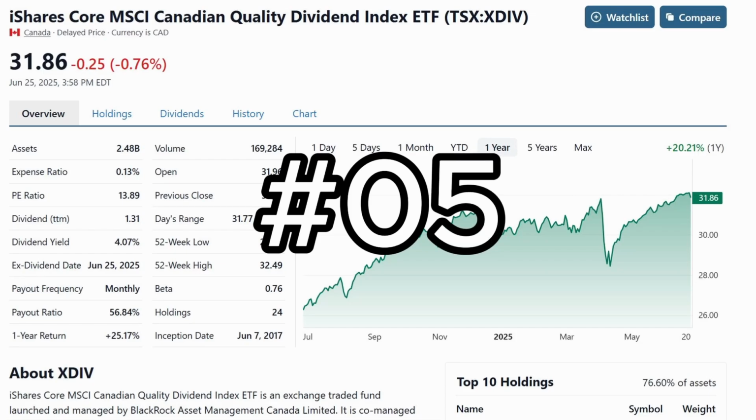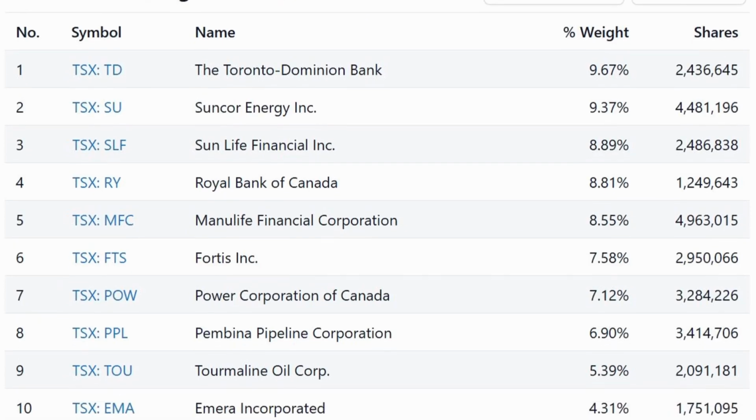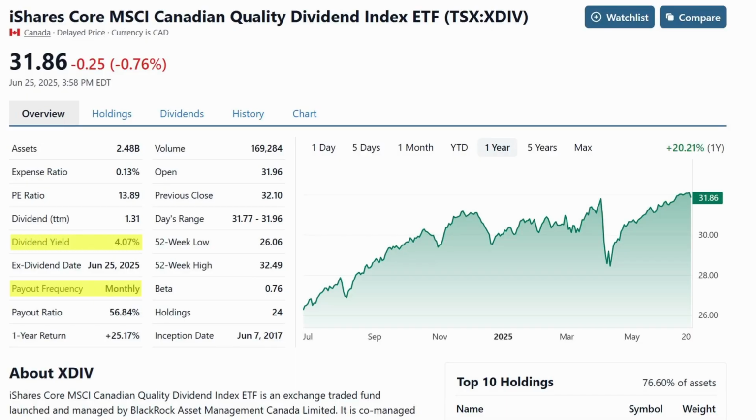At number 5 is the iShares Core MSCI Canadian Quality Dividend Index ETF, ticker XDIV. It focuses on just 18 high-quality Canadian dividend stocks, screened for financial strength and stability. It pays a monthly dividend with a yield of 4.08%. The expense ratio is just 0.13%, making it one of the cheapest ETFs on the list. With AUM of nearly $2.48 billion, this ETF is ideal for investors who want a focused, high-quality dividend portfolio at